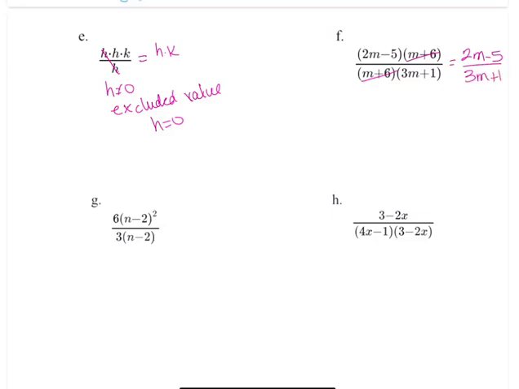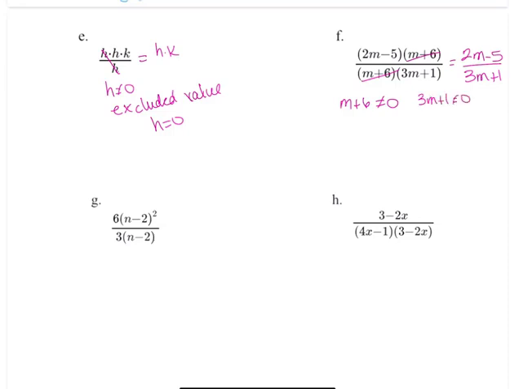Like always, because we have rational expressions or fractions, we have to look at our denominators, and we know that our denominators can never equal 0. So we're going to look at each one of those. So I know that m plus 6 cannot equal 0, and I know that 3m plus 1 cannot